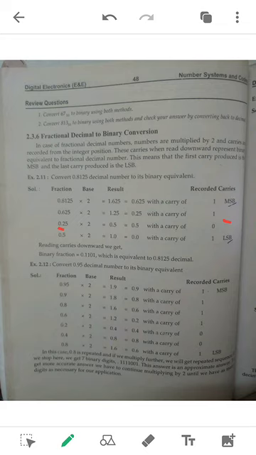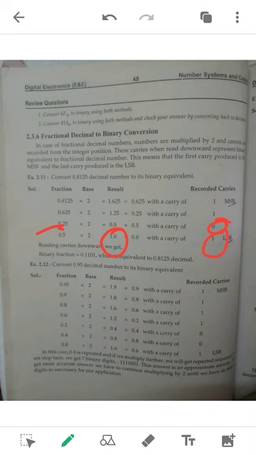So this 0.25 you again multiply in the third step by 2. You will get 0.5. So 0.5 with carry. How much is the carry generated? 0. So here you can see the 0, and this is the carry. Then 0.5 again you have to multiply by 2 in the fourth step. You will get 1.0. And as I told you, the integer you have to take as a carry. So here the integer is 1 and what is left out is 0. So that is the last step.